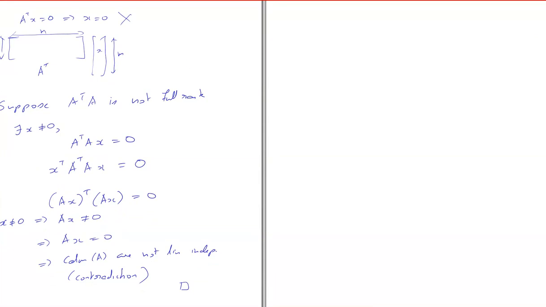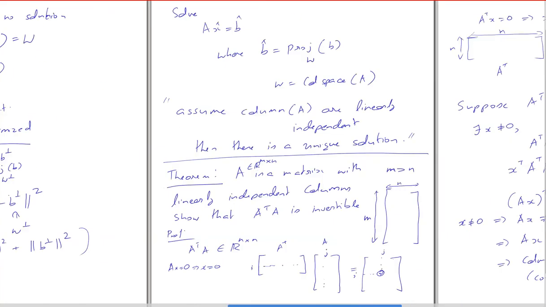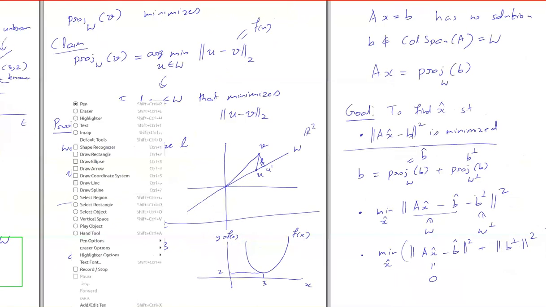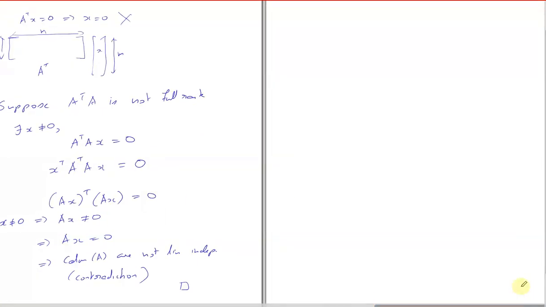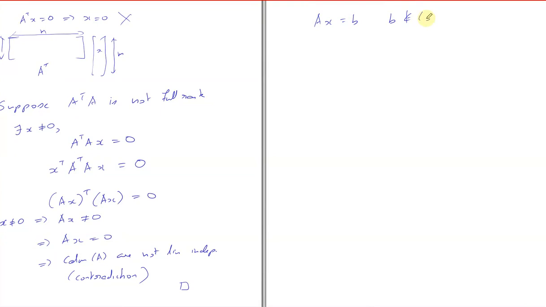I wanted to cover one more thing, though I was a little bit confused, so I was reluctant to cover it. We came up with this solution to fitting with errors, but there is a direct solution to it, which I will try to cover in the next class. When you have Ax equal to b, and b does not belong to the column span of A.